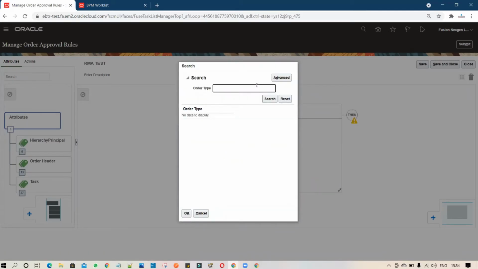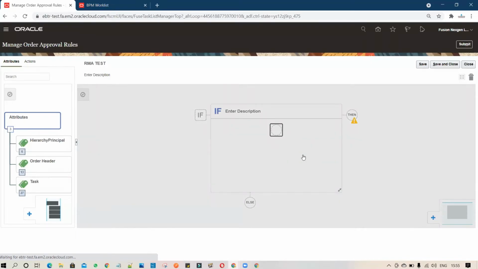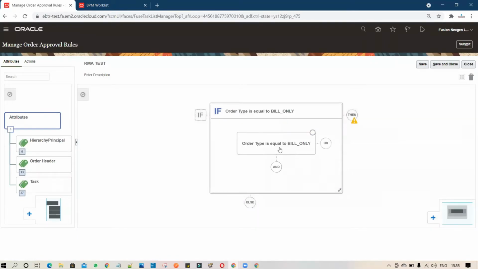So if my order type is bill only, I will set it up and define the rule. So my order type is bill only, and